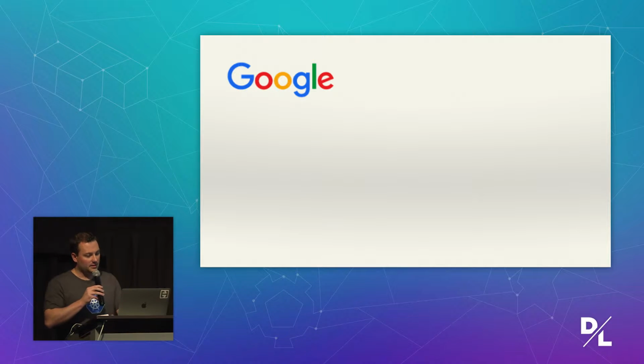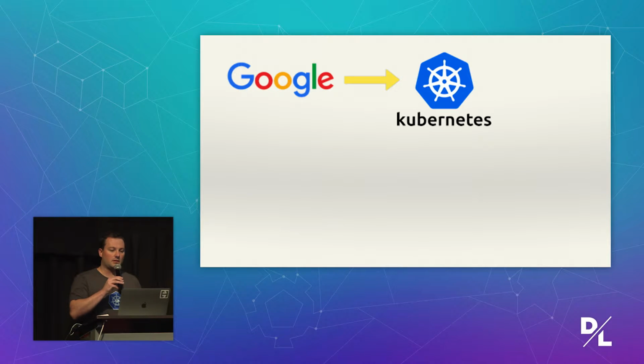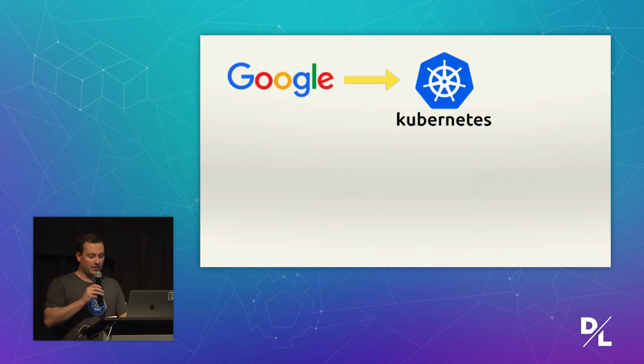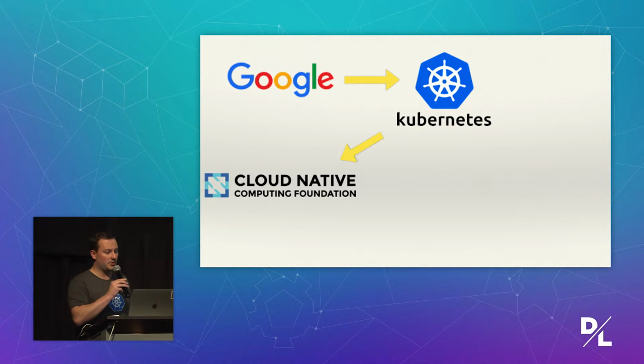And Kubernetes was developed with a strong focus on the experience of developers writing applications to run in that cluster. That's the intent. How can we build a system that makes it easy for developers to manage their own production infrastructure? And so Kubernetes is an open source system for automating deployment, scaling, and management of containerized applications. Now, because Google wanted to make sure that it wasn't just them, they donated Kubernetes to the Cloud Native Computing Foundation, which is technically part of the Linux Foundation.